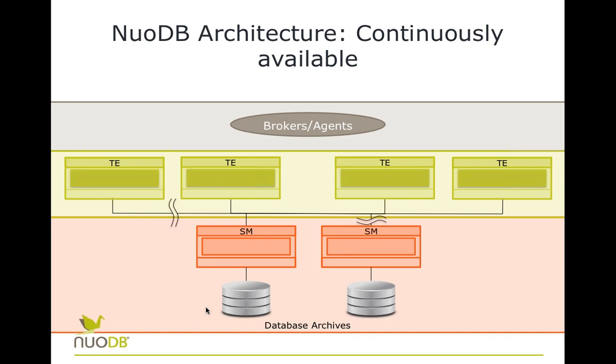And of course, because we're using a distributed database system, and we're running it on cloud, and we're running it on commodity hardware, we're going to expect to get failures. If we lose a transaction engine, then what we'll actually get is every transaction that's currently in flight on that transaction engine will be backed out and will be restarted on another transaction engine.